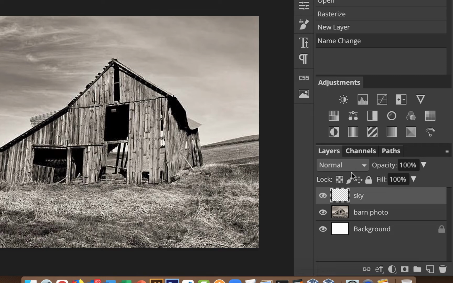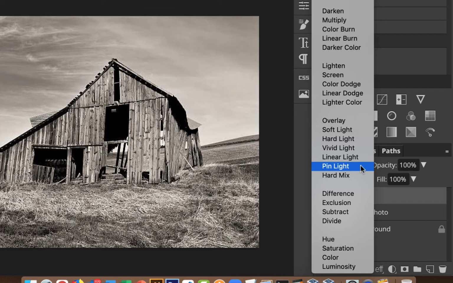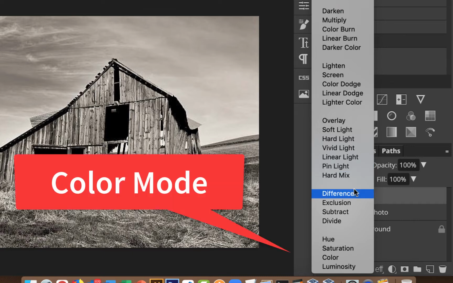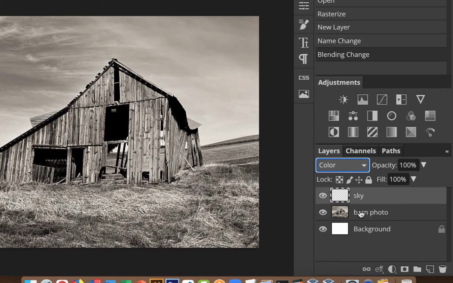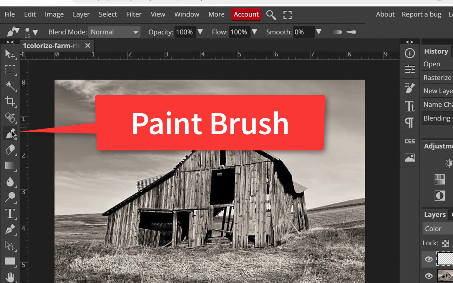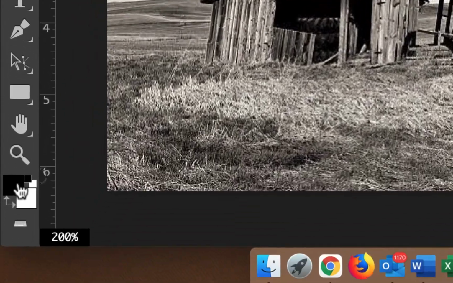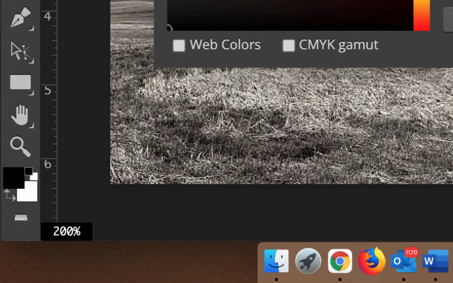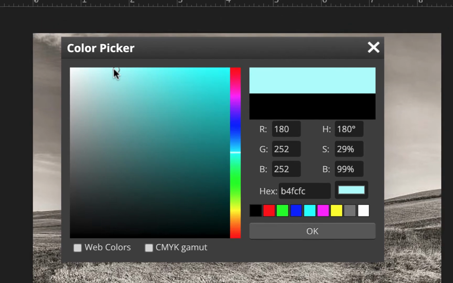And what I'll do is I'll change this layer's mode to color. And we did this with covered bridges and stuff in the past. I'm going to change it to color. And then when you paint on this layer, it will maintain the lights and the darks. So if I go to my paintbrush and I choose a color, I'll just go in here and choose like a sky blue, something like this, something real light, not too saturated. And again, it doesn't have to be perfect,